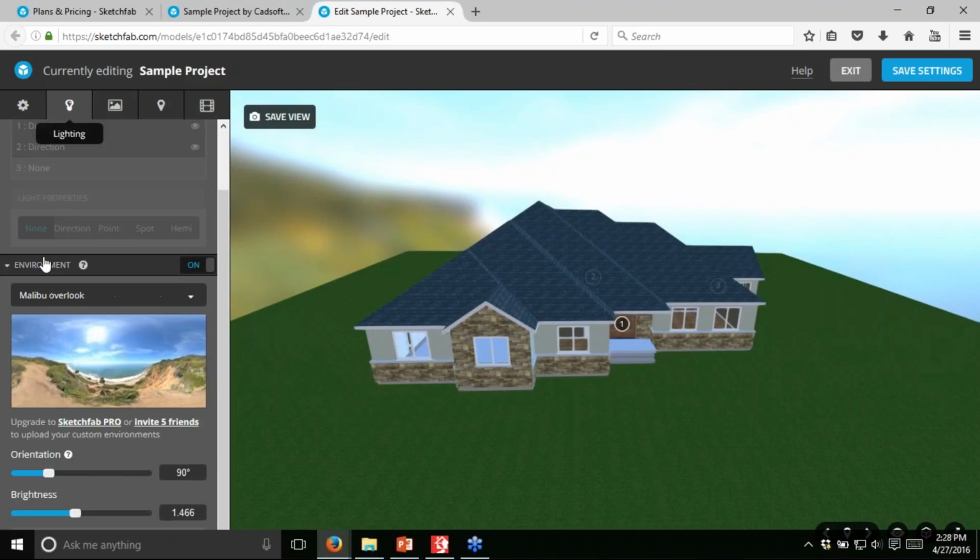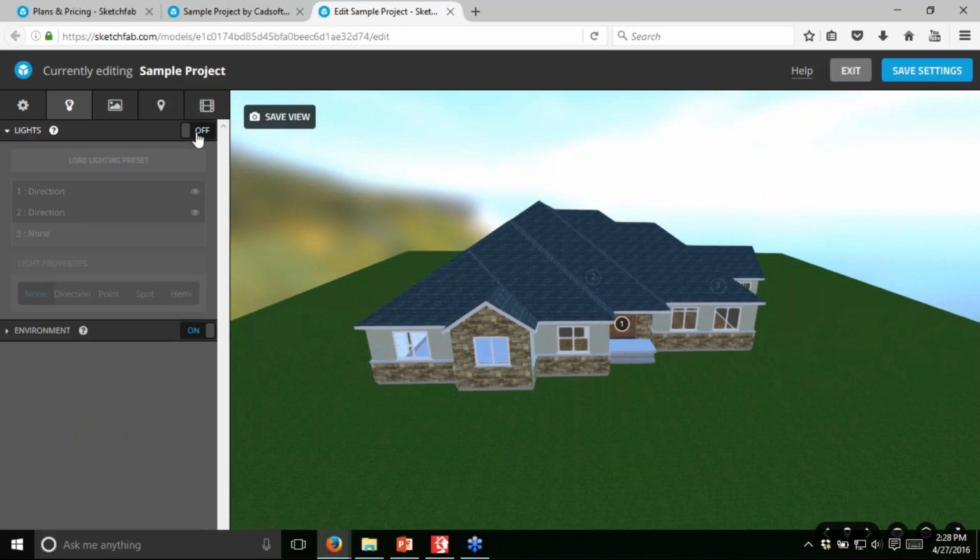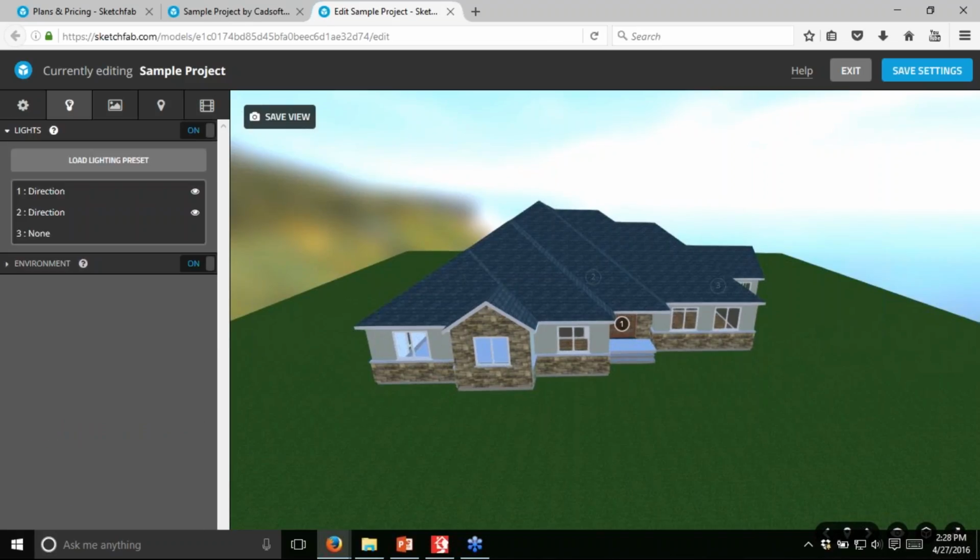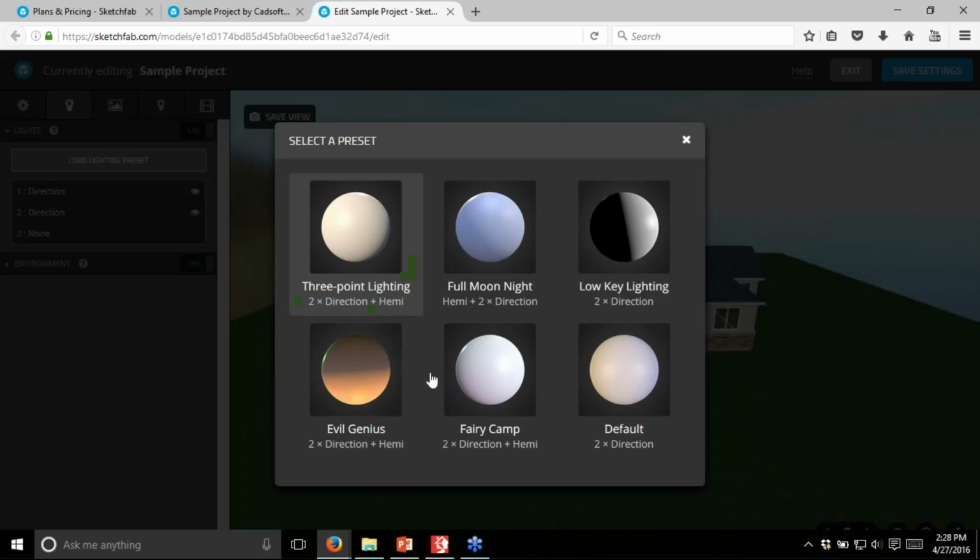Then we've got the lighting tab. Since I've got a lit background, I can change the lighting. You can see we've got two different light sources here. We've got preset lighting options that I can load in different lighting options. So